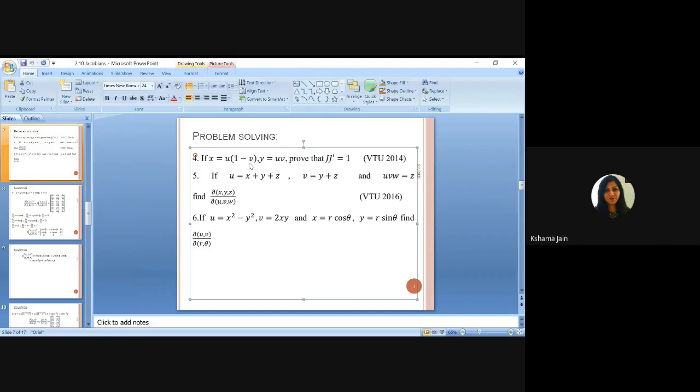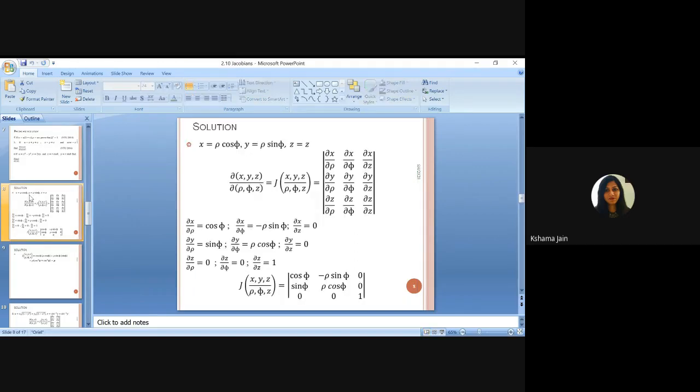If you are good in calculation, you can easily see here, if you do x plus y, you will get u. So I will be getting u equals x plus y, and from there v also I can find out. v will be y divided by x plus y. So u I have x plus y, and v I have y divided by x plus y. From there, I can find out j dash, and after multiplying, I will get j into j dash. I will show you, the proof will be there.